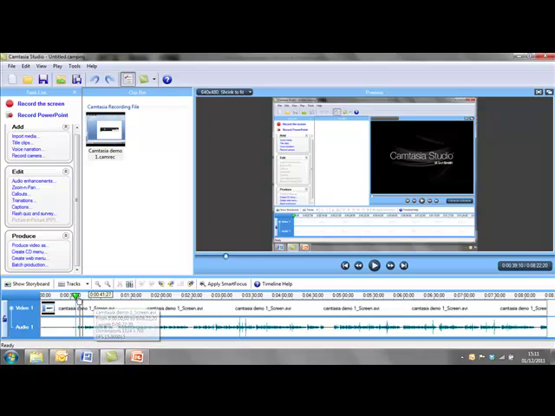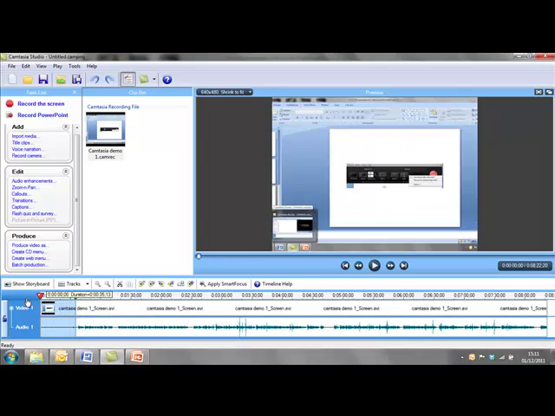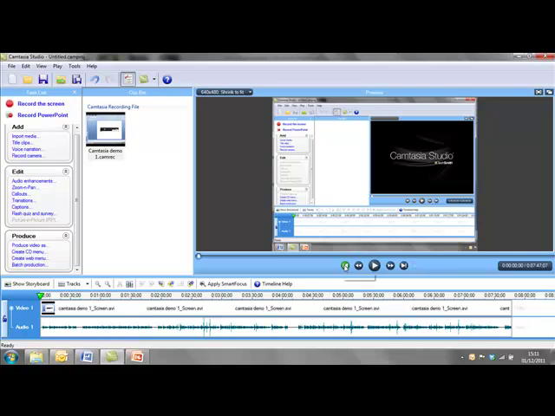So we want to get rid of all the starts. So what we do is we put this at the start point, and then we drag and select the area we don't want and simply click on the scissors, and that's it, gone. So if we now skip to the beginning and play here,